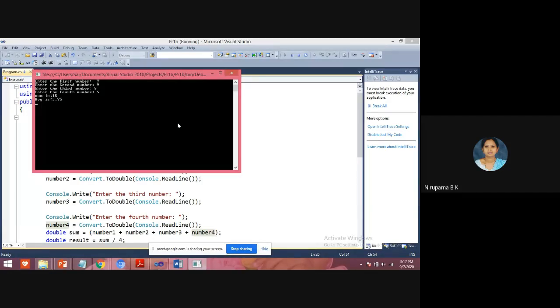What is the sum? Correct, no? Yes, it will execute for negative values also. Why will it not execute for negative values? Because even what you learnt in C program, the range of integer value is minus 32,768 to plus 32,767, no? Means it gives output for both positive and negative inputs. So here also it gives output for both positive and negatives. Minus 7, 9, 8, 5. The sum of these numbers is 15 and the average is 3.75.